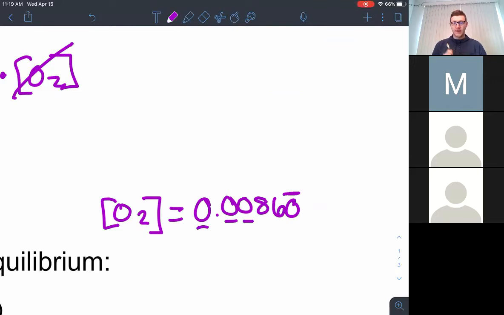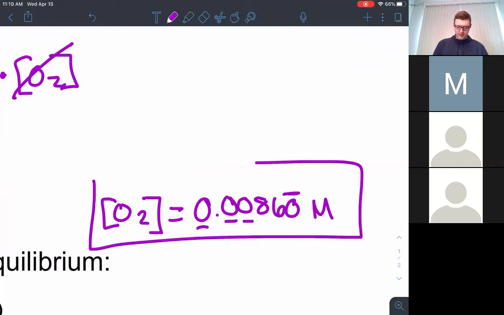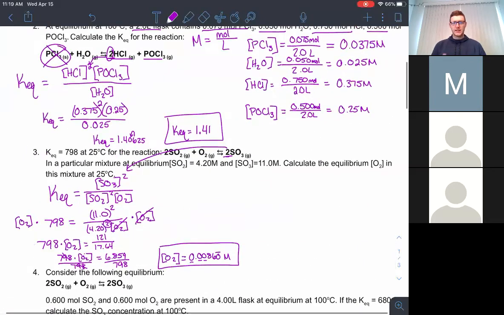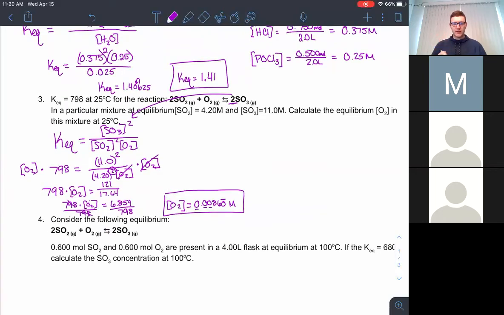And then we have units for this one because it's a concentration. What are the units going to be? Molarity, or the moles over liters. Perfect. Are there any questions on this? No, sir. All right. So you guys have 2 more of those problems to work on, but we're going to